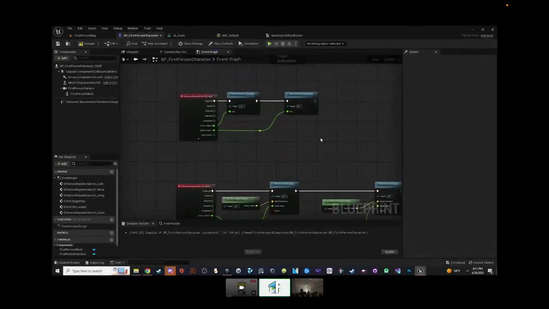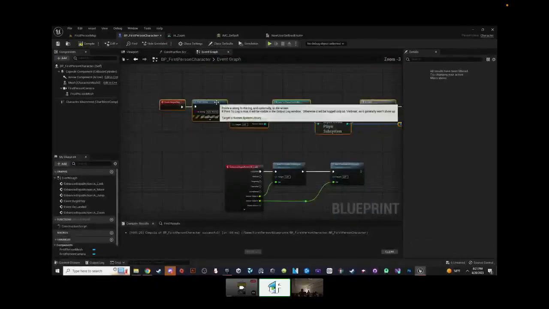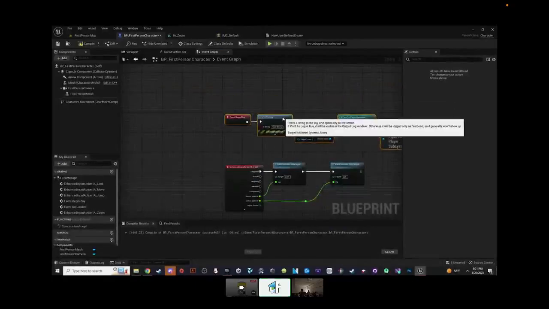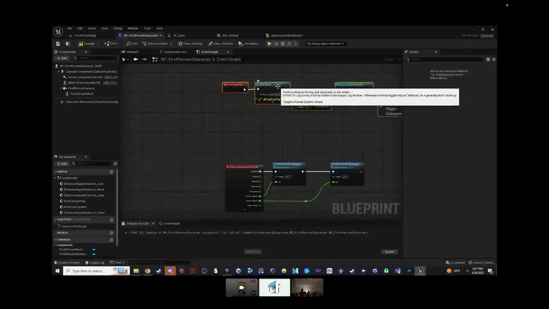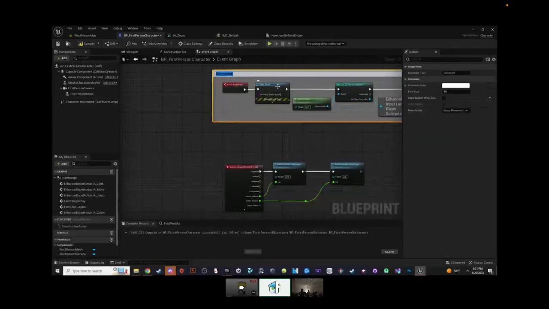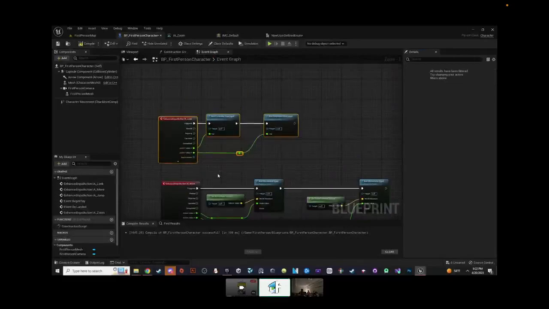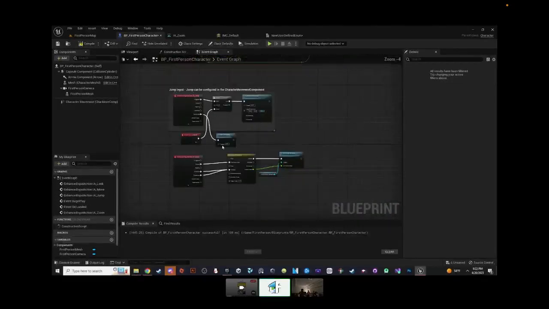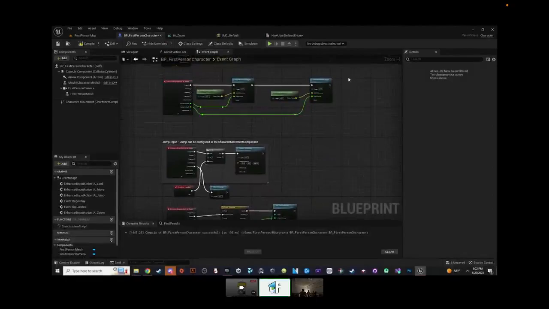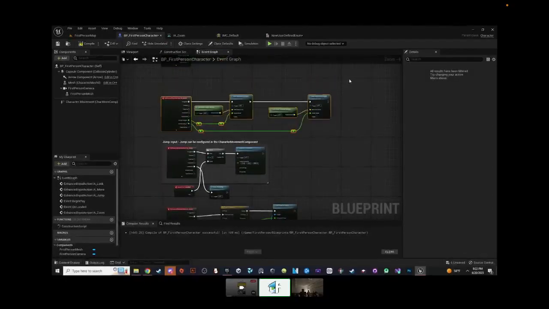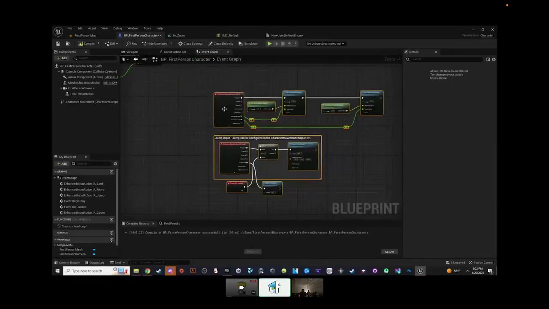For example, this is your event graph. You can select, move, and drag nodes around, and if you press a shortcut command, like C, you can type a comment. So, what is this going to be? This is going to be my event begin play, so I'm just going to call this my event begin play nodes. And then stuff like look, move, jump. Let's say move and jump, which are both movement related nodes. What I would do is clump them together and just make a comment.